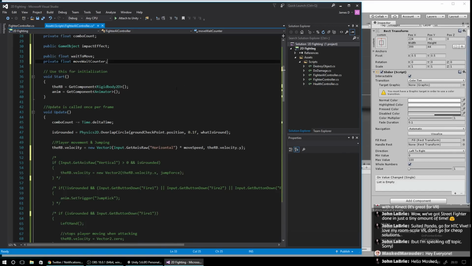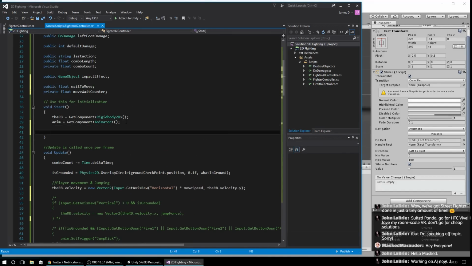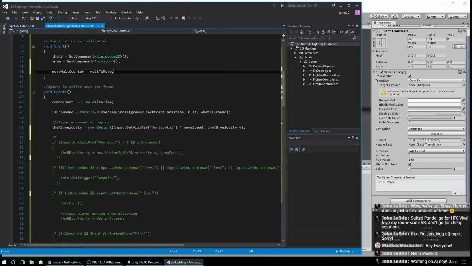We got our wait to move, we got our move wait counter. So when we start up the fight, we'll set our counter to be equal to our wait to move. So move wait counter equals wait to move. Then we're going to make a countdown. So I'm going to start doing